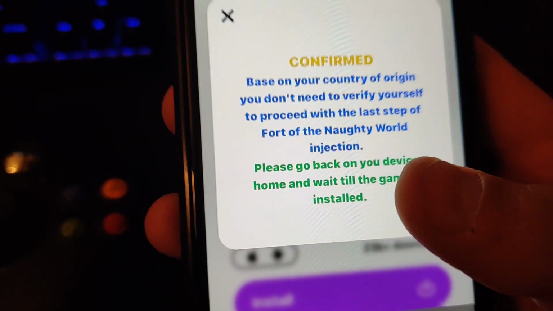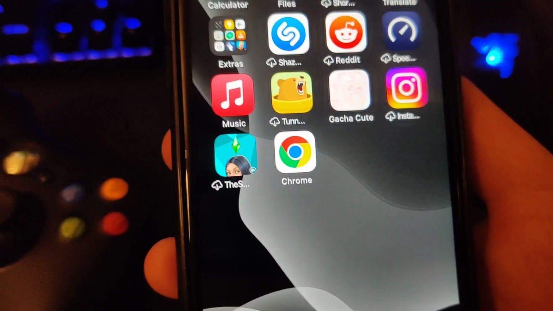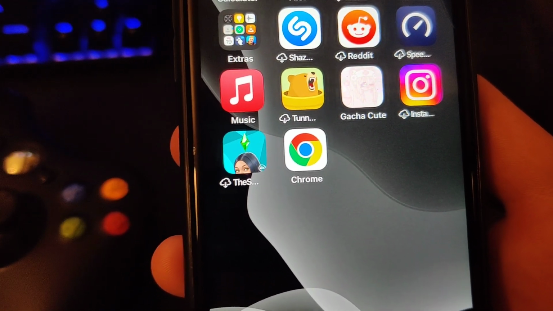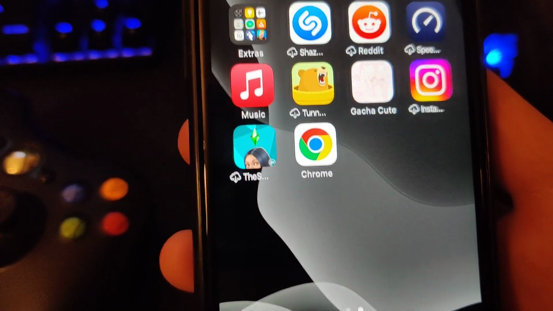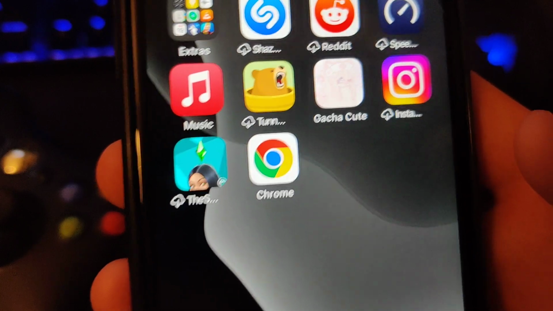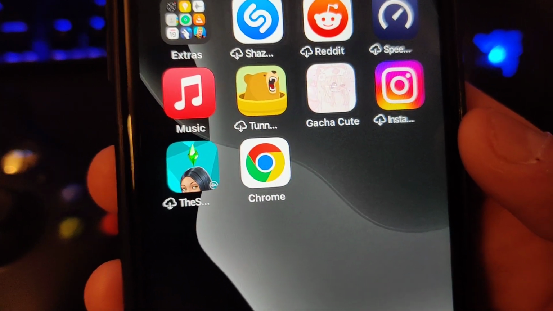What I need to do now is go to the home screen and wait till Fortnite is installed on the device, and that depends on your operating system, device and connection speed. So don't worry if you wait a little bit for that. So let's wait a little bit, and there it is. I'm gonna open it,